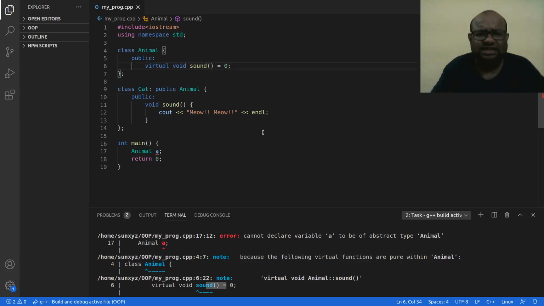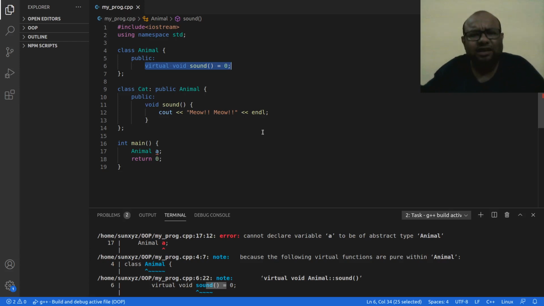So this is a syntax that says that this is a function, and this is a pure virtual function. A pure virtual function is one that is not implemented. So I cannot create an object of this class animal. Now what is this animal class?